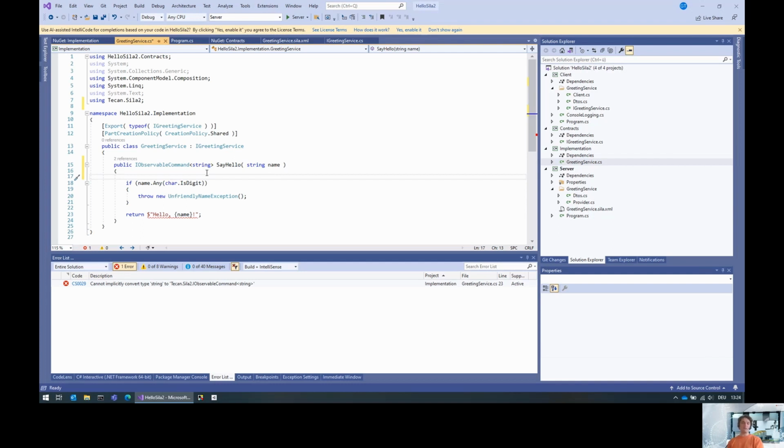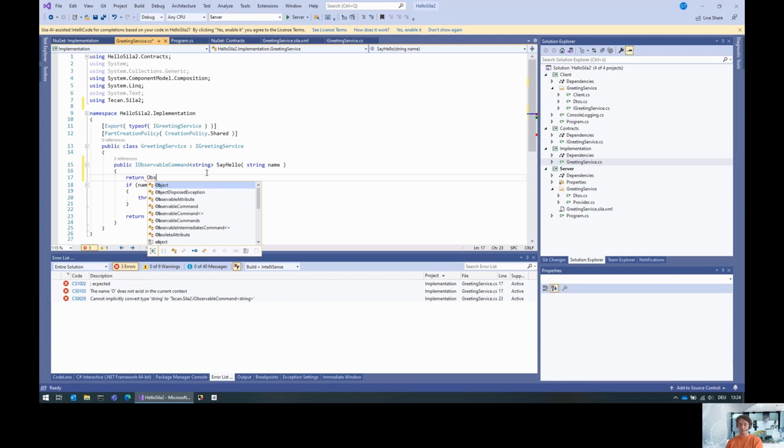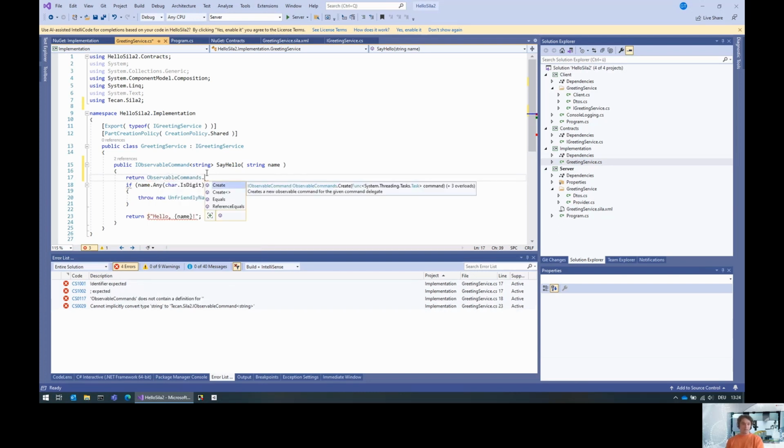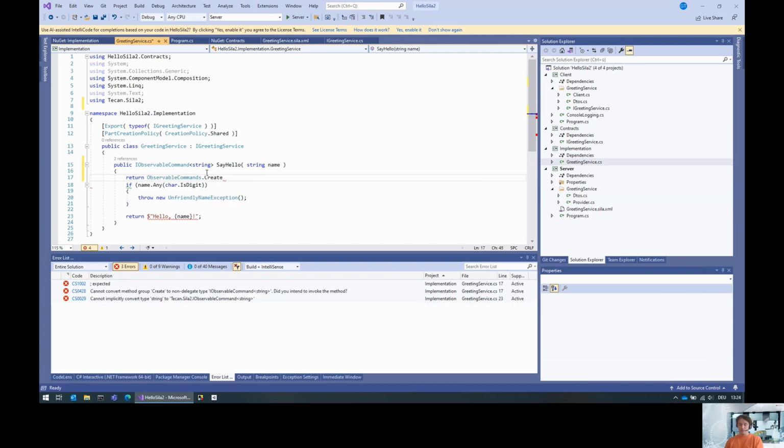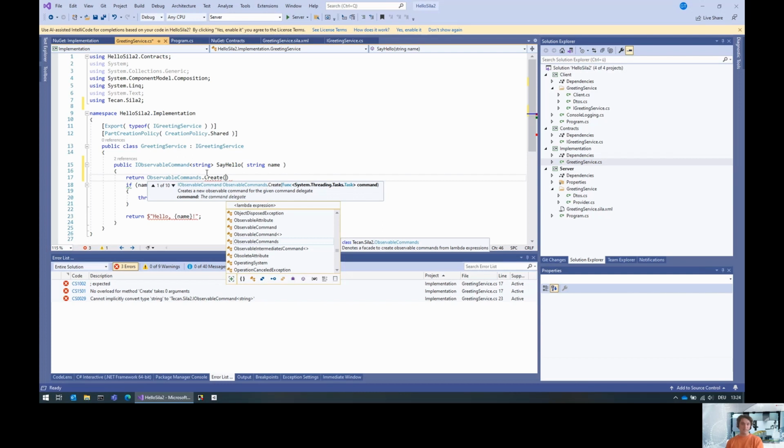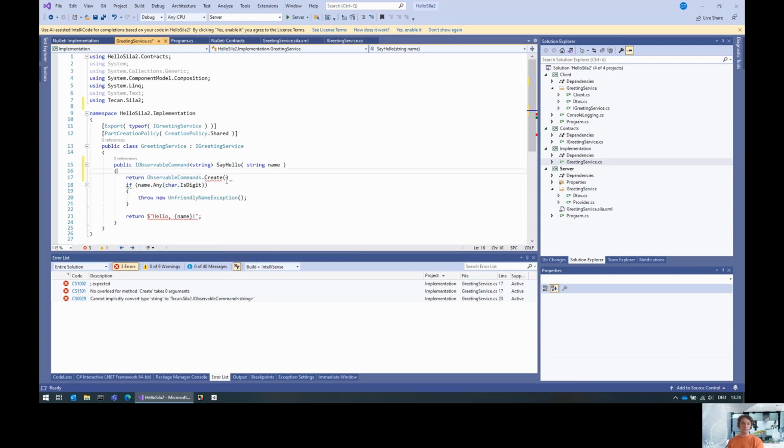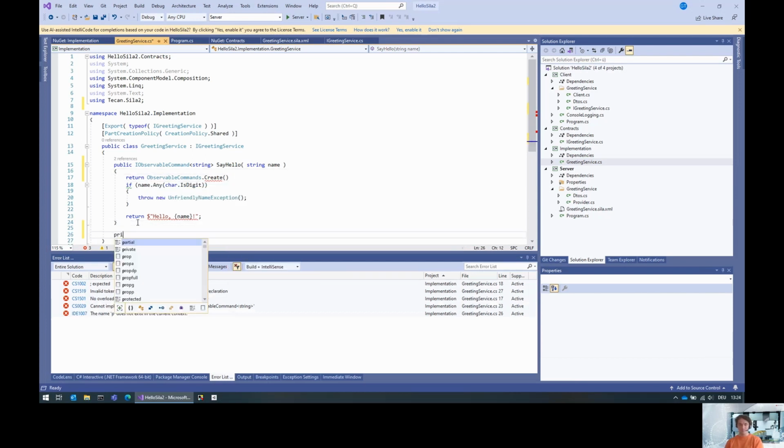The easiest way to implement an observable command is using the default methods, and you can say you want to create this by providing a function that creates a task. But you can also create a function that takes an action which you can use to write the command state on it, and then creates a task out of it. So what we do is use the async and await pattern for this. We return a task of string